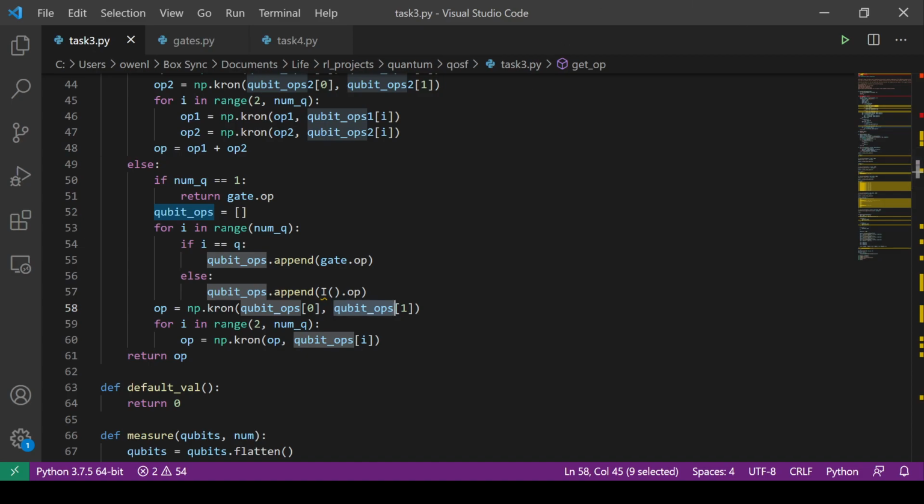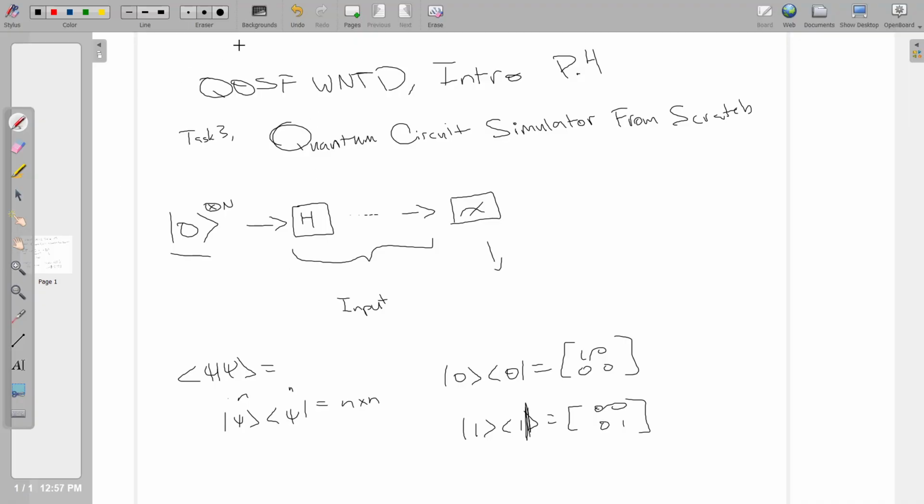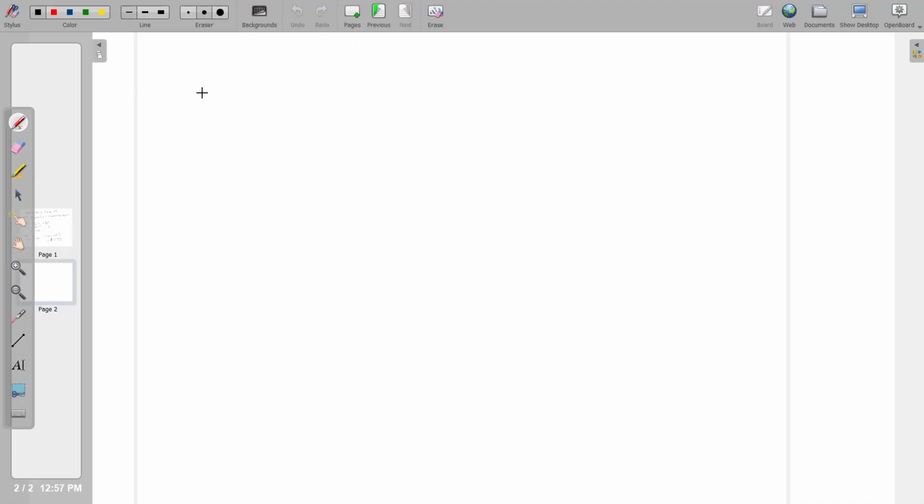But for example, I'll do a quick example of a 2 by 2 matrix, right? So suppose we had, this is an example that isn't realistic. I'll tell you in a second why, but suppose we had X, right? What matrix is this? Well, we know H is 1, 1, 1, negative 1, all times 1 over square root 2, but I don't care about that. So what this results in is